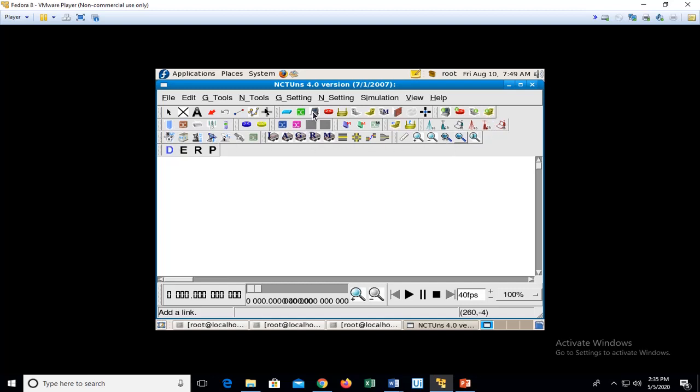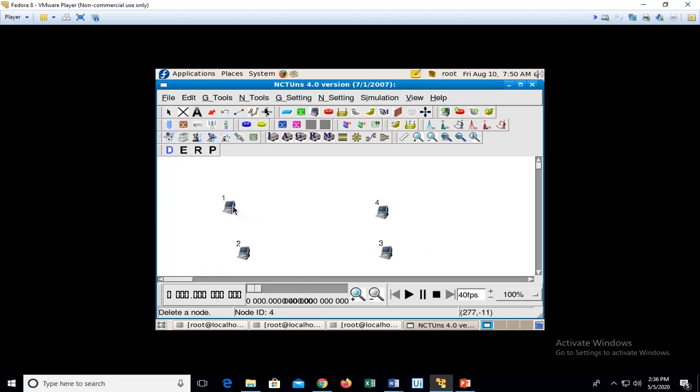In this one, again I have to create the hosts. Okay, so 4 nodes are present.